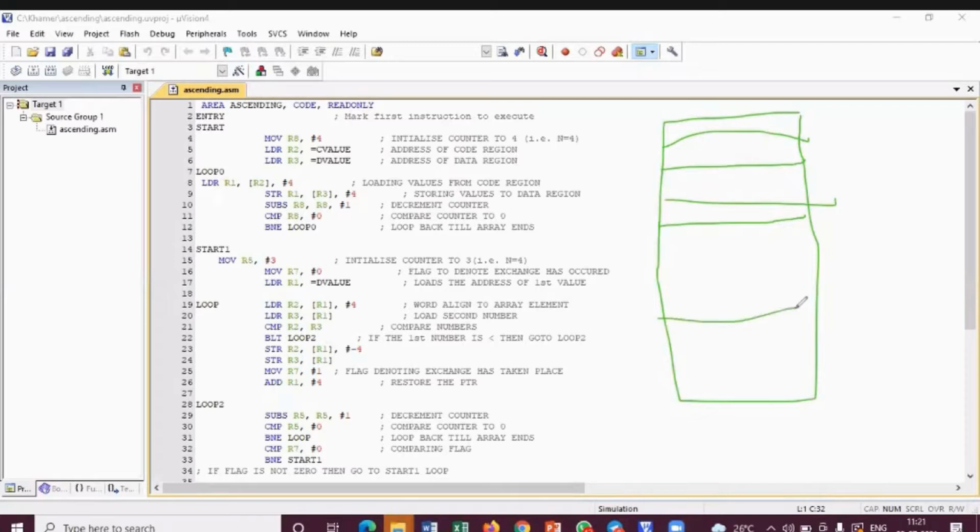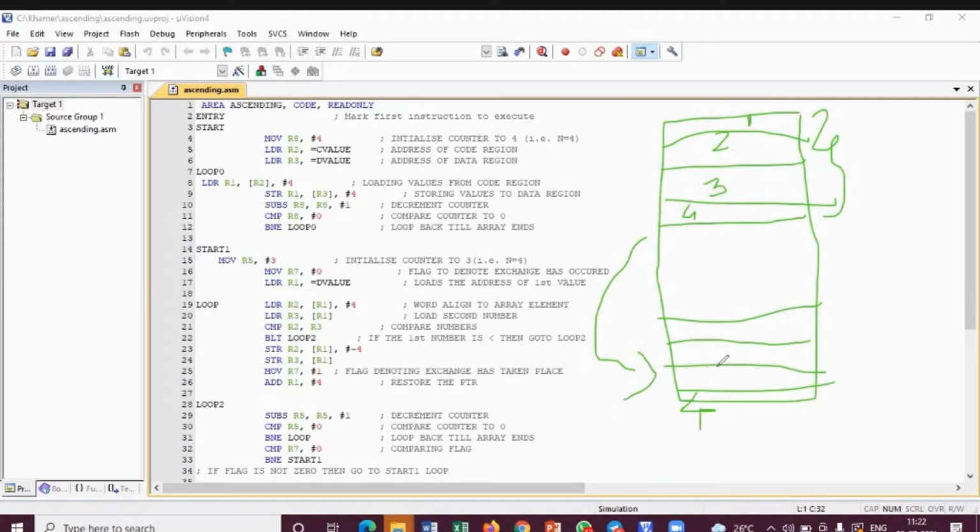What I'm doing is, I will take one more section. Over here, my numbers are like 4, 3, 2, 1, something like this. I don't remember the order. It is stored in this manner, 4, 3, 2, 1. I want this 4, 3, 2, 1 to be arranged as 1, 2, 3, 4. So instead of doing it over here, I'm first copying this 4, 3, 2, 1 as it is to this area.